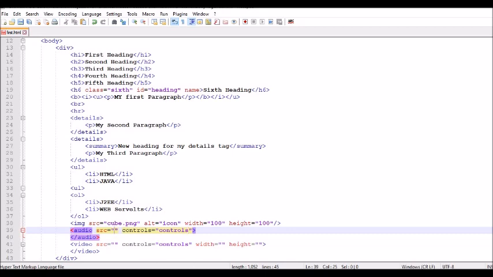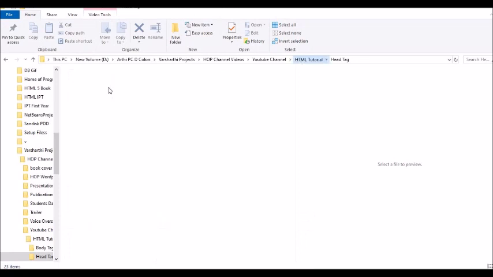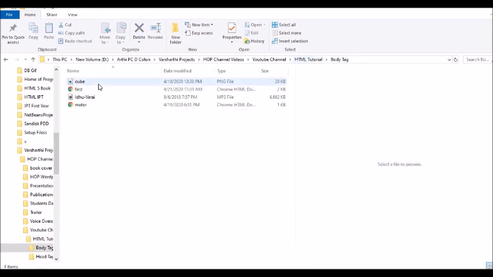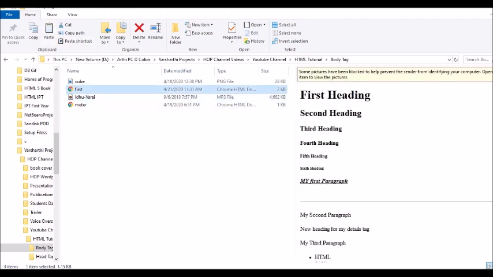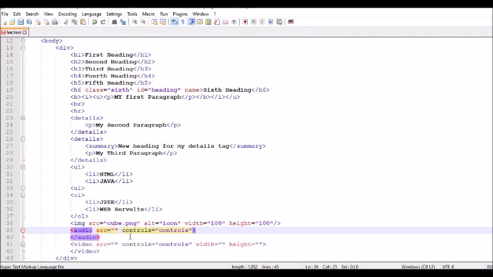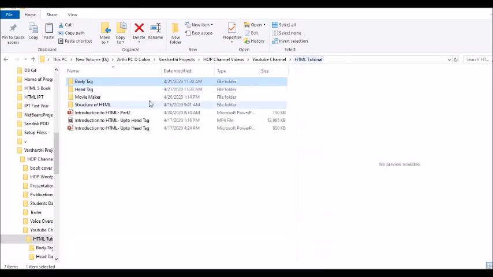Here I am going to copy the path of an audio file, just copy this. I have just copied the name of an audio file, and similarly I am going to copy the path of some other video file.